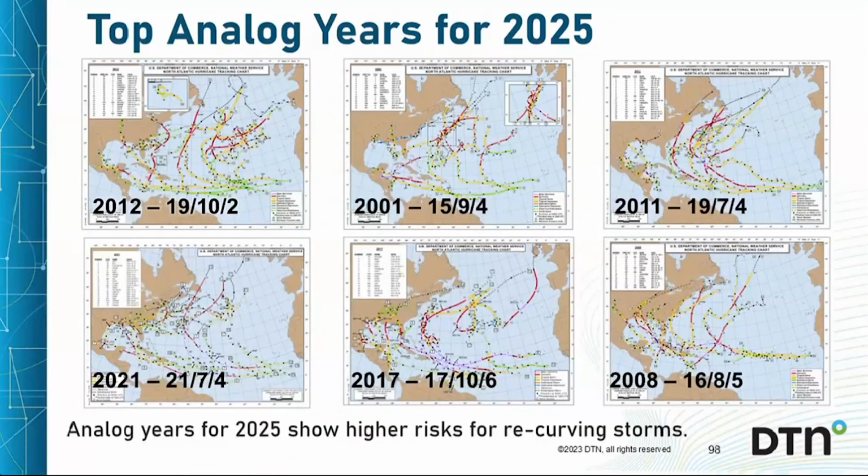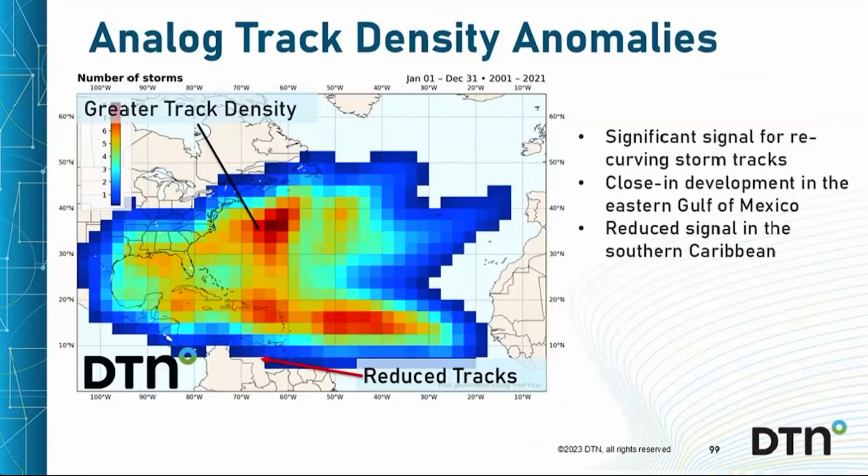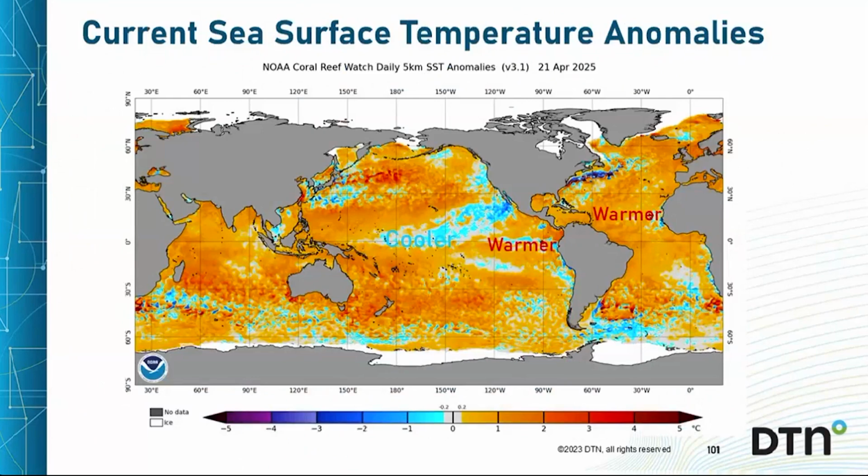And here are some of those analog years. For our purposes, something they tend to have in common is the number of recurving storms across the Atlantic. So ex-tropical systems, ex-hurricanes, at least 1 or 2 of them, could have some impact somewhere in Europe later in the season and into the autumn. You can see that signal also in the